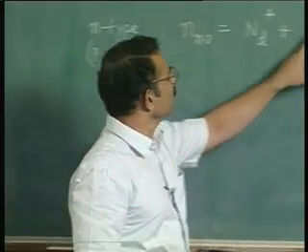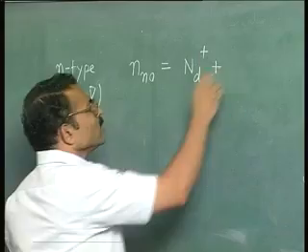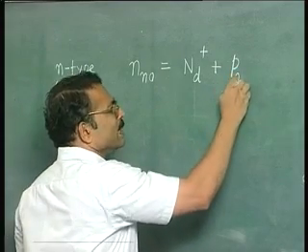Now since the thermal generation process results in electron as well as holes, the electron concentration which results from thermal generation is same as the hole concentration